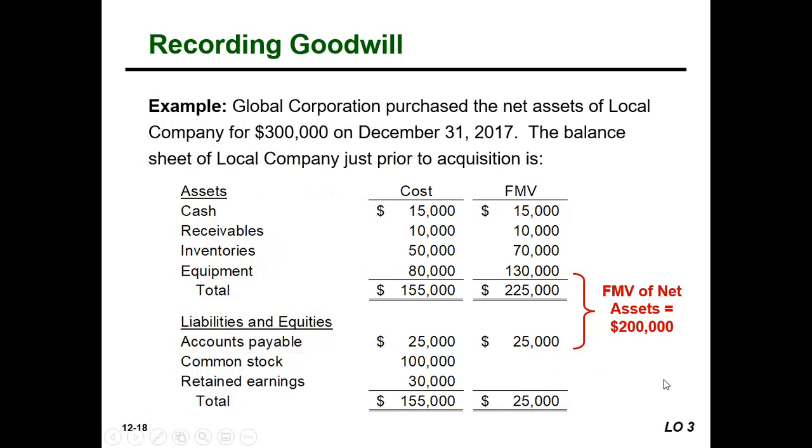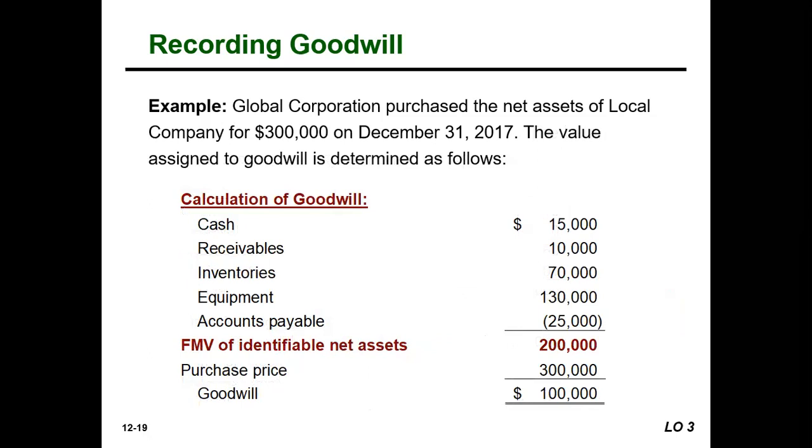So again, the fair market value is 225,000. But then we've got this debt of 25. So the net assets then are 200,000. And so if Global Corporation is purchasing this company for 300,000 and net assets are 200,000, they're going to record 100,000 of goodwill on this purchase. And it's showing us that calculation here. We're adding up our total assets, and then we're subtracting any debt, just accounts payable in this case. And that gives us the fair market value of the net assets versus the purchase price, and the difference is